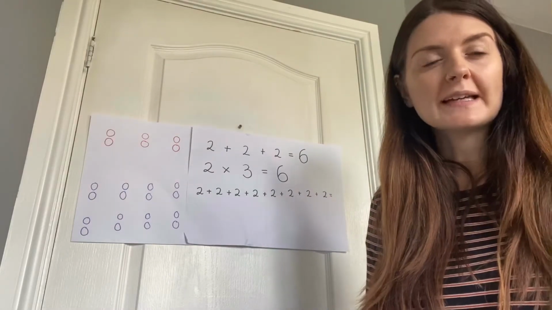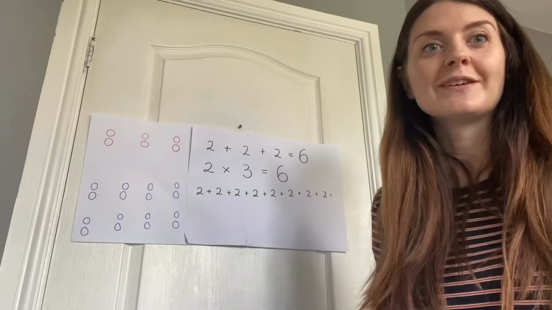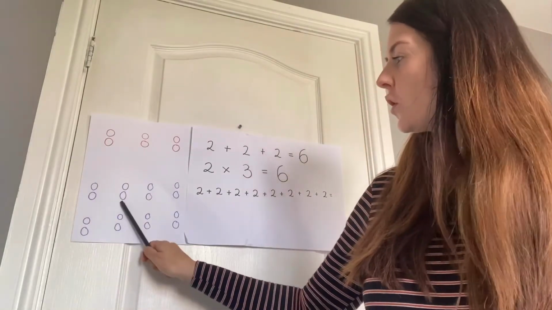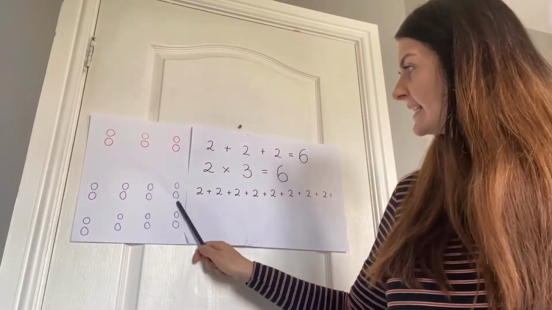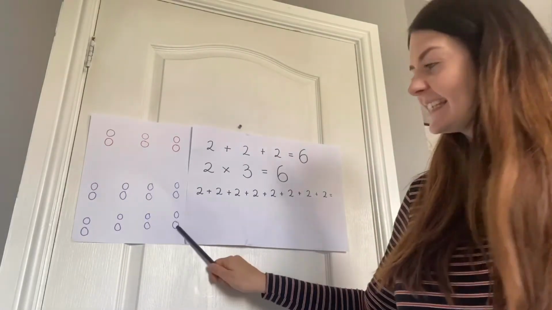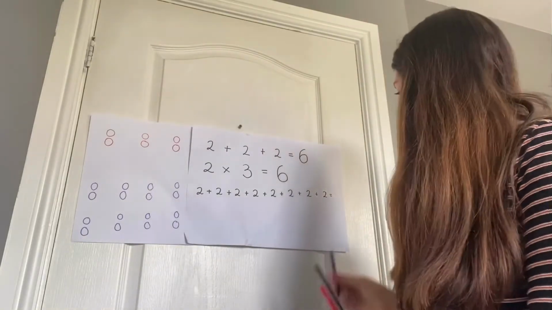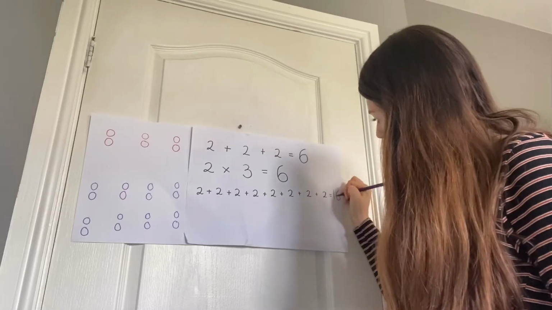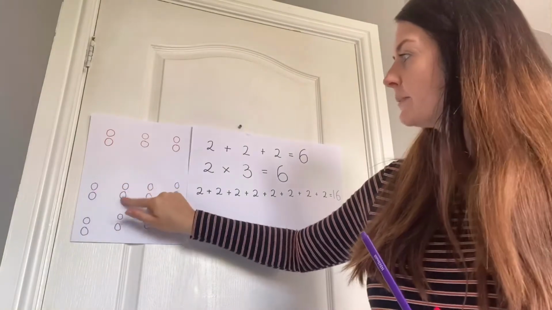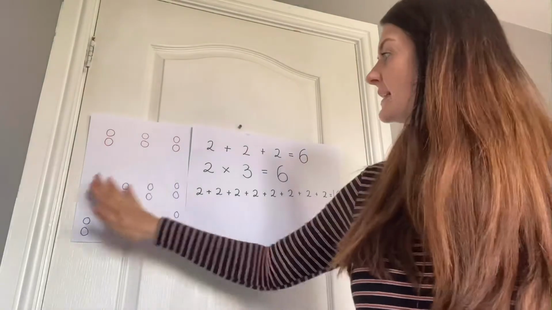Perfect. Now we're going to do our counting in 2s again to help us to work out the answer to 2, add 2, add 2 until we've done it 8 times, okay? So 2, 4, 6, 8, 10, 12, 14, 16. So our answer is going to be 16. If you're struggling with your counting in 2s up to the number 16, then you can count the marbles individually and it'll give you the same answer, because all we're trying to work out is how many marbles there are